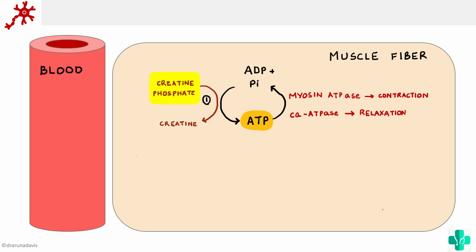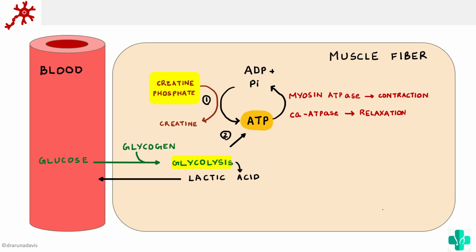Now suppose the creatine phosphate has been depleted, then the muscle will move on to the second method, which is glycolysis. So we know glycolysis is the process in which glucose or glycogen is anaerobically converted. It is put into the Cori cycle so that energy can be produced. So that is the second method, which is glycolysis. The end product of glycolysis is lactic acid. So basically, if the muscle utilizes glycolysis as its source of energy, then there will be accumulation of lactic acid